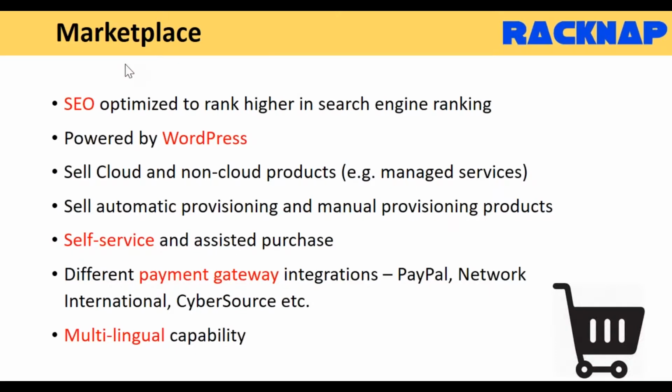For example, RackNap offers a white label marketplace to you as a CSP. So what does this include? What is so special about this marketplace? This marketplace is SEO optimized. Some of you may wonder what's so big about this. I'm sure you are aware there is so much competition in the market, with so many CSPs vying for the pie of the cloud consumer. So it's not good enough if your marketplace appears on the 4th page of Google searches. It needs to appear right on the first page, in the visible line without any scrolling.